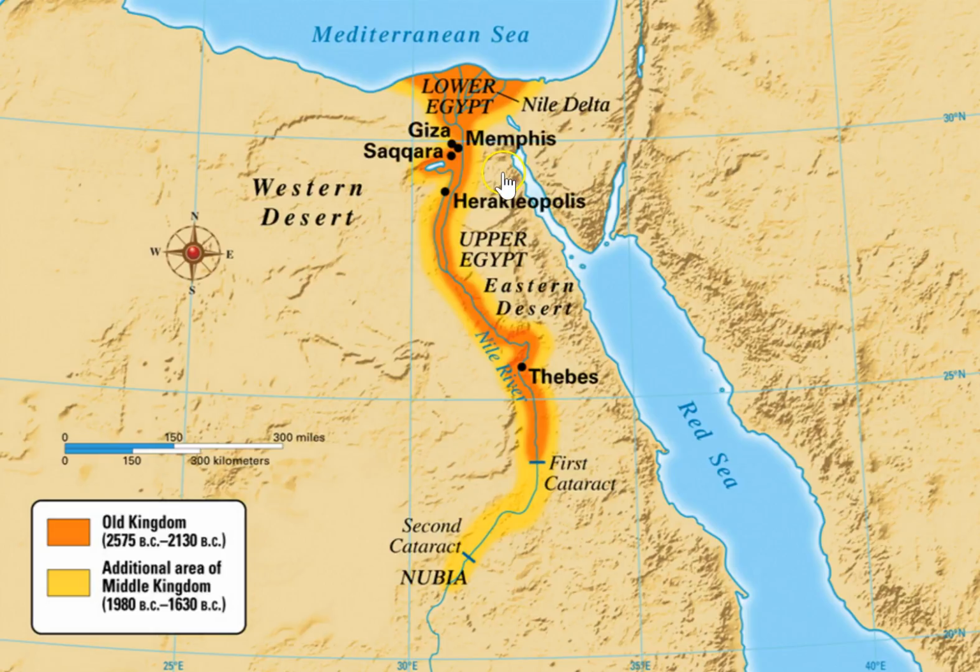I want you to notice this map that I have showing on the screen is very similar to the map that's on page 151 in your Go Math textbook. Notice this shows some of the cataracts. These are the waterfalls along the Nile River. Notice you don't have any of the cataracts along Lower Egypt or really even Upper Egypt. They go much further back along the Nile because these areas would have been hard to trade through, right? Because it's going to be hard to sail a boat up a waterfall or down a waterfall coming back.